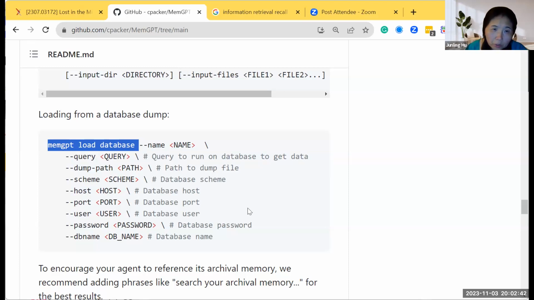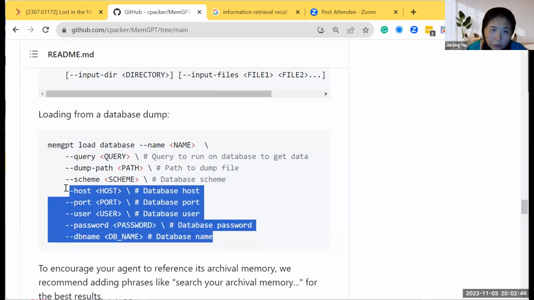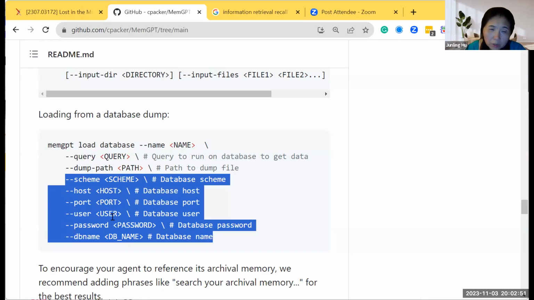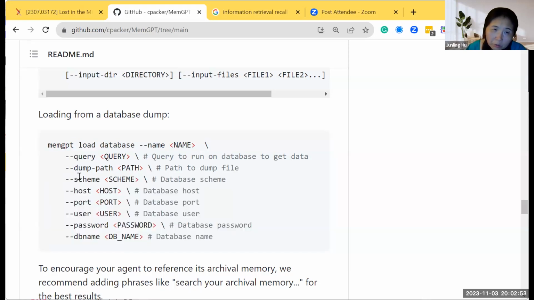As long as you give the basic database information, like where you access the username, essentially you can access the whole database. And you give some schema here. Then it can actually do a search in the database. So this is pretty cool. This is the part I want to share with you.